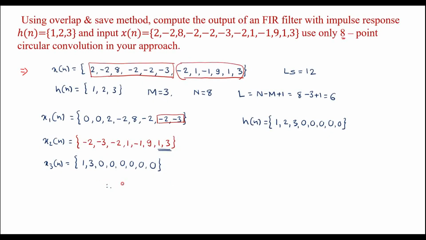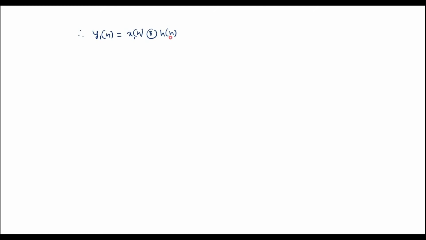Next we are supposed to calculate the circular convolution between x1 of n and h of n, x2 of n and h of n, x3 of n and h of n. That is, we will perform the circular convolution between x1 of n and h of n using the matrix method. So I will write the column matrix, that is y1 of 0, y1 of 1, y1 of 2, y1 of 3, y1 of 4, y1 of 5, y1 of 6, y1 of 7. So this is the column matrix